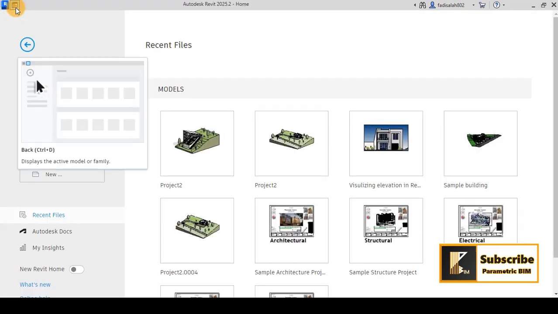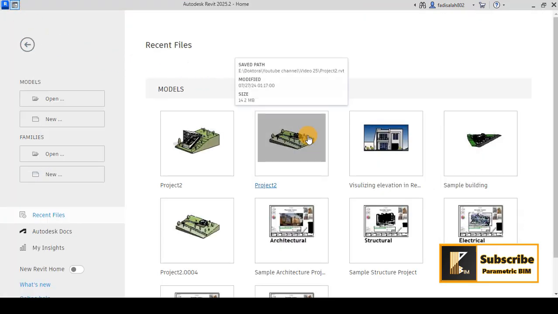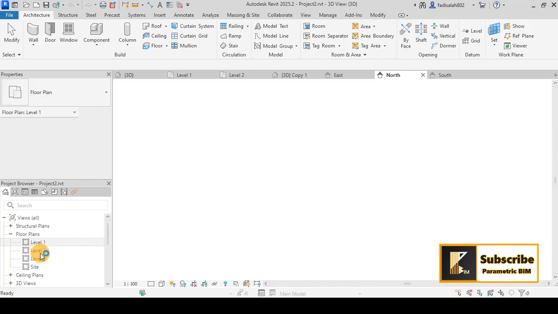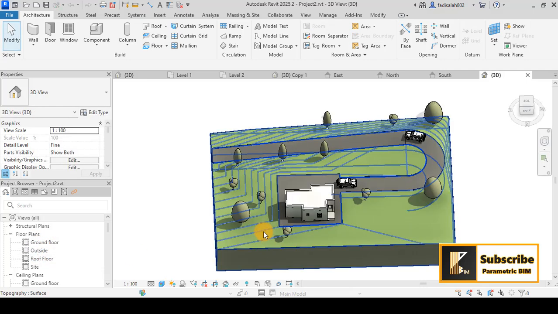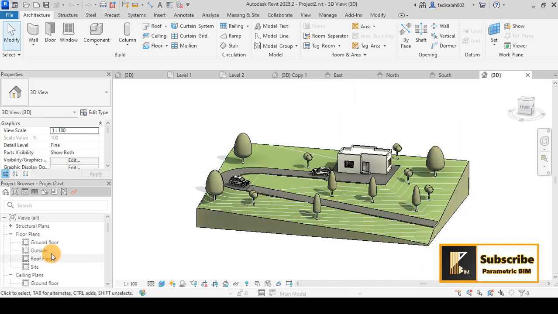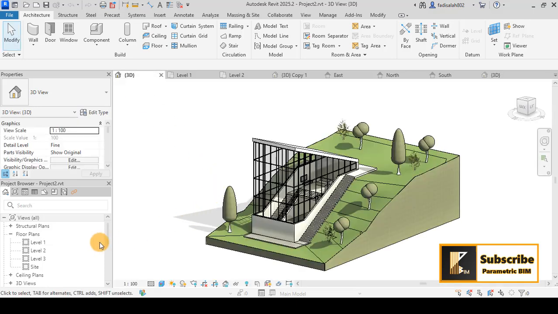For example, if I go back to the recent file screen and open another project here, you can see that these names are different according to you and your arrangement of the project. So here we have ground floor, roof floor, outside, site, and also the elevations, the legends. We have other names for this project. So if I return back here, you can see that here the level 1, which is maybe the primary level,